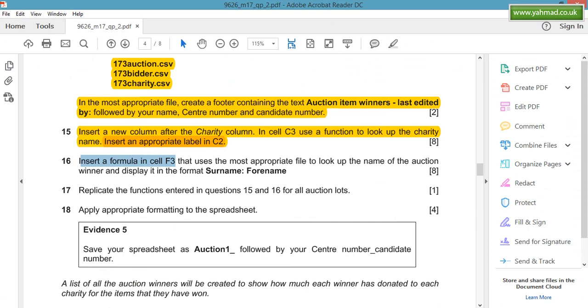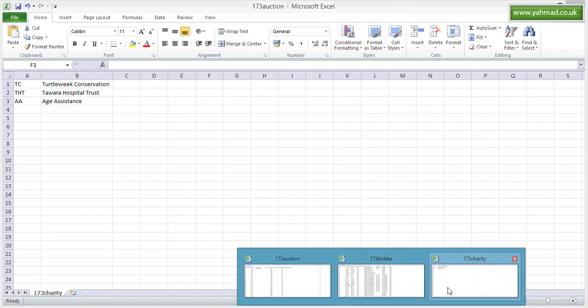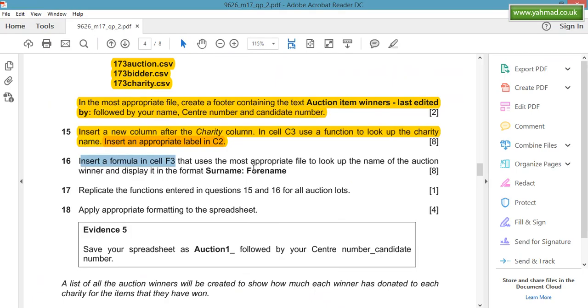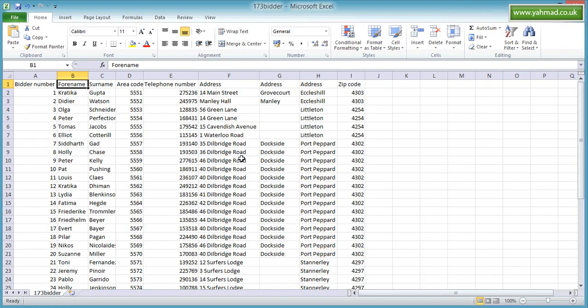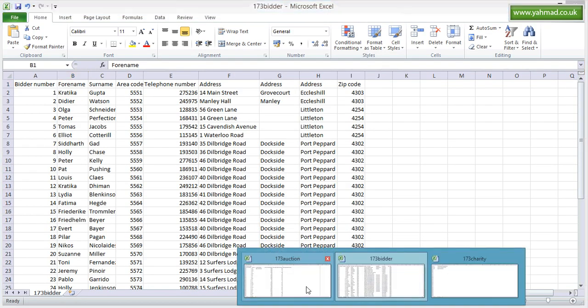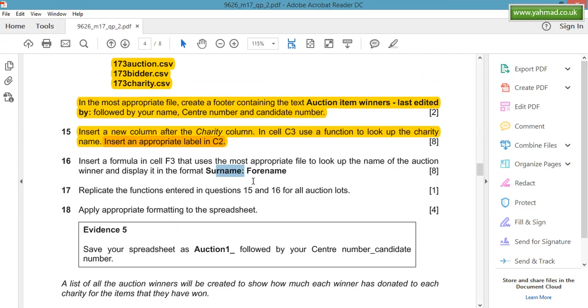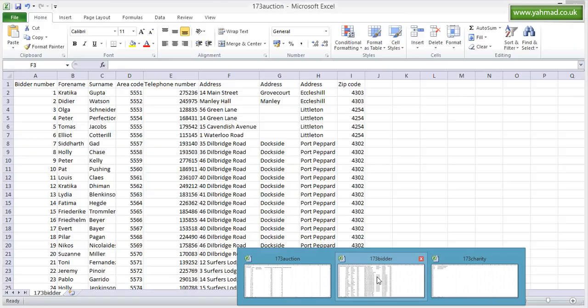So let's have a look at the external sheets. We're not using this one anymore, so it looks like we're going to be using this one, because this one includes the forename and includes the surname. Okay, so if I go back to my original sheet, what can we use as a lookup value? If I go back to my question paper, the name of the auction winner, so that's the clue. So if I go back to my Excel,